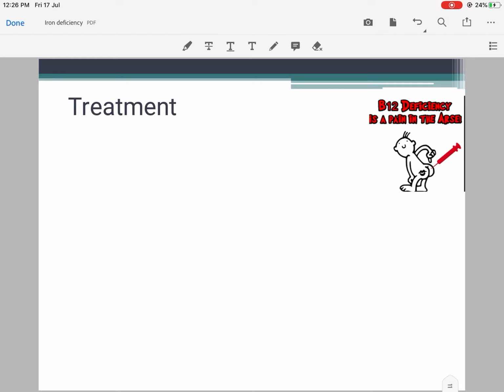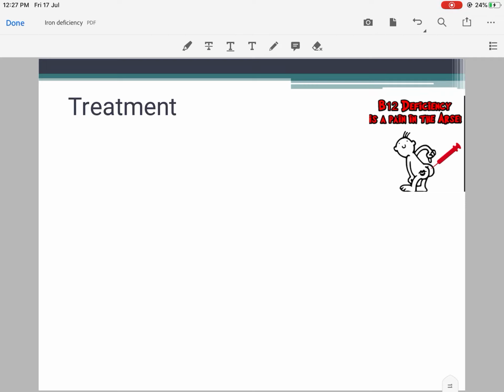So now coming to treatment. Once you find a patient with pallor, you investigate, you find it is iron deficiency, and you look for the cause by doing upper GI scopy, lower GI scopy, stool occult blood, or looking for other chronic inflammatory disease. Now the next step is how to treat the patient. Most people will say iron supplements, but we don't know when to start, when to stop the treatment, and how much dose is to be given.